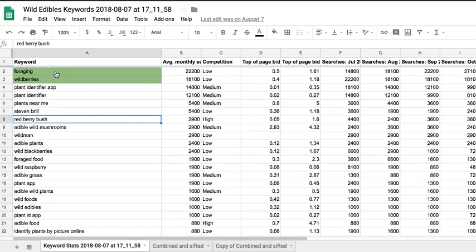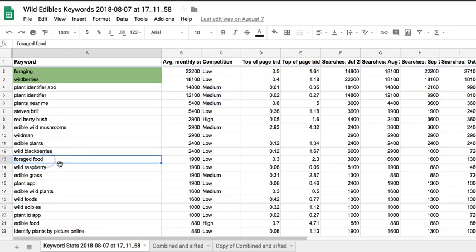So foraging, for example, is a great one. There's a lot of traffic going to foraging, and so that's a keyword that I probably ought to use. Wild berries, I could do a specific page on wild berries. Plant identifier app, plant identifier, plants near me, and that's really what I'm looking for, is more of the identification stuff. Edible plants,